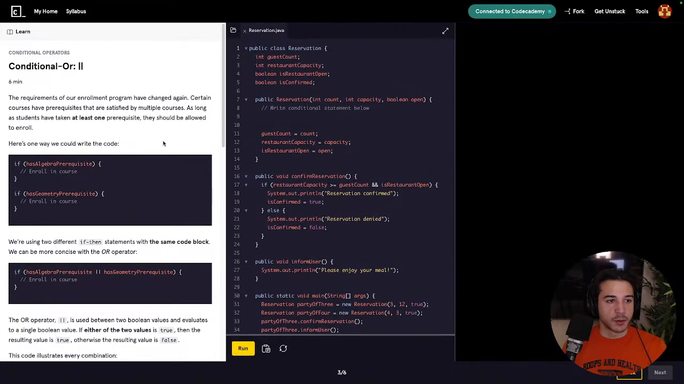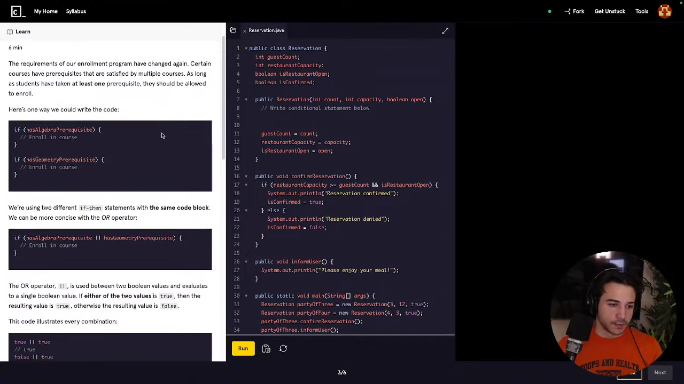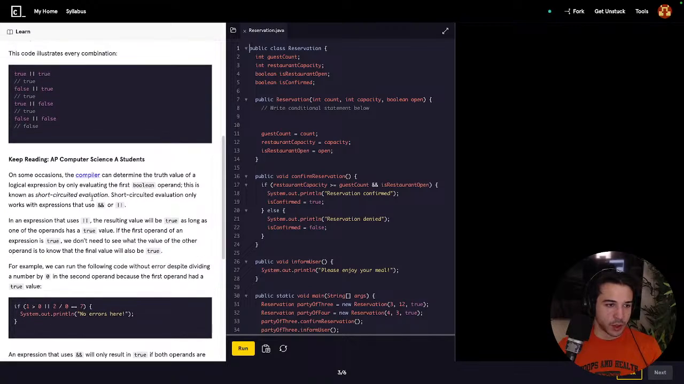Conditional OR. The requirements of our enrollment program have changed again. Certain courses have prerequisites that are satisfied by multiple courses. As long as students have taken at least one prerequisite, they should be allowed to enroll. So we're just doing an OR operator. On some occasions,